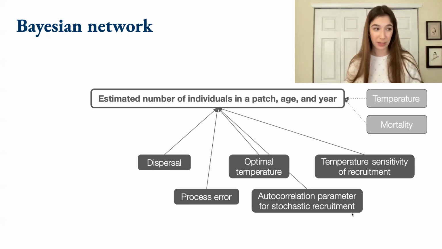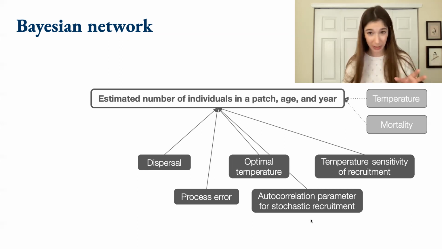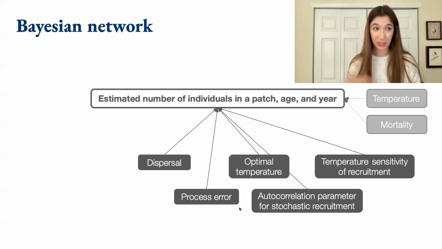And all of these dark boxes at the bottom are parameter estimates in the model. So this one at the bottom is related to that stochastic recruitment. And then we also have temperature affecting recruitment. So we're estimating an optimal temperature and its sensitivity, recruitment sensitivity to temperature. In addition, we're estimating process error and a rate of dispersal among these patches. And we pass the model data on actual temperature, that's over here to the right, and a mortality rate from the literature. This alone might be somewhat of a challenge to estimate, but it's actually only half of our challenge